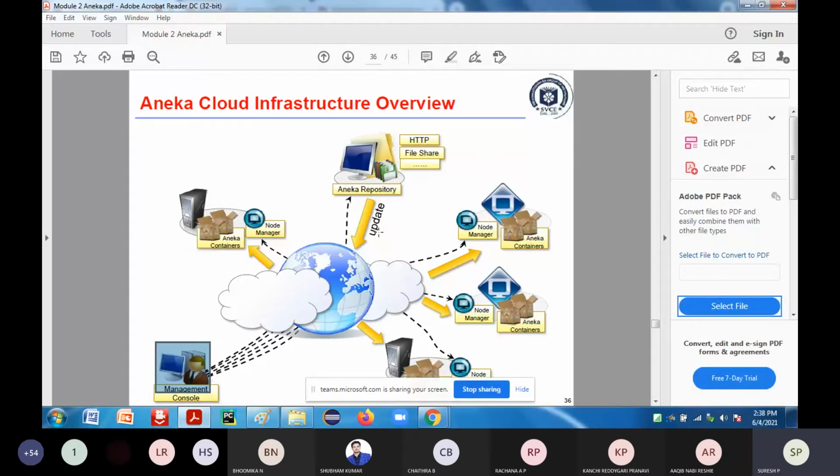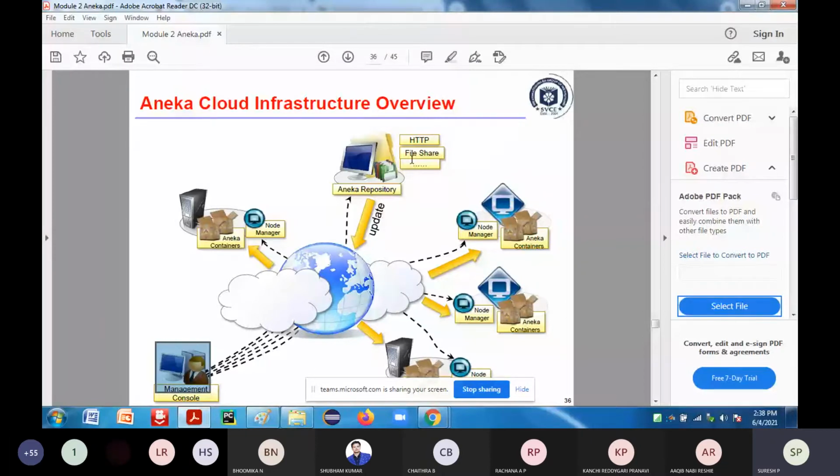So now if you take it from the infrastructure point of view, the management of physical or virtual nodes is performed uniformly as long as it is possible to have an internet connection. As I told you, as long as you have the internet connection and remote administrative access to the node, we can connect to the different clouds. Okay, that's what is going to happen. It can be done using http or file share, or through any of the web browsers also. Okay, so that's what you're going to have.